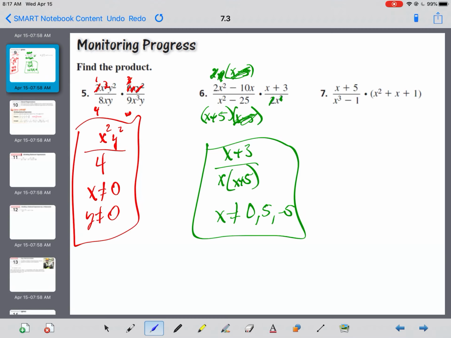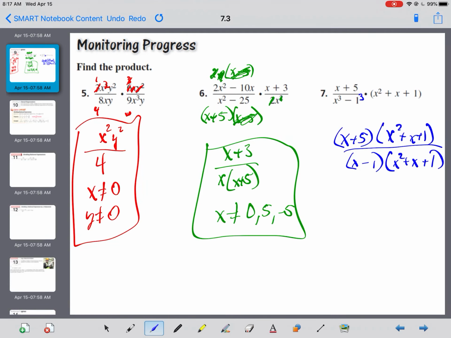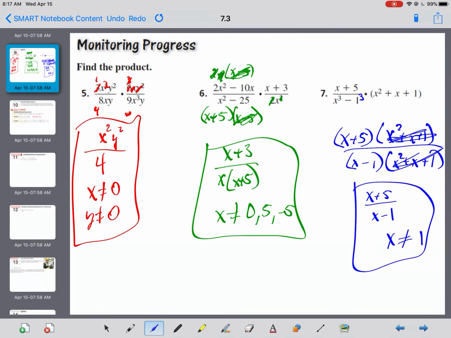Okay? And then let's look at 7. Oh, let's see. We got a difference in cubes, because you could do it as 1 cubed. So we got x plus 5 times x squared plus x plus 1 over, and we're going to break this up. Same sign, switch, always plus, x and 1, x squared, 1 times x is x, and 1 times 1 is 1. That scratches these guys. Leaves us x plus 5 over x minus 1,